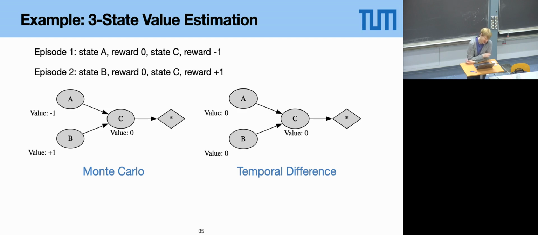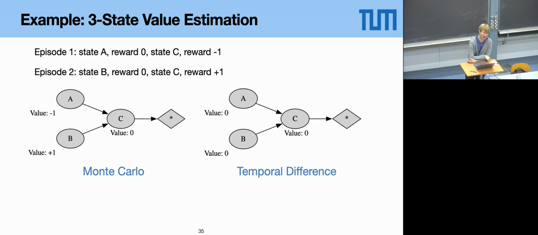So, as we talked about earlier, temporal difference learning is based on the Bellman equation. So we compute the value of state A there as the value of the next state plus the reward in between. The value of the next state of state A is the value of state C, that is 0, and the reward in between was 0. So here the value is 0. And same thing for state B. Here in temporal difference learning, again, we compute it as the value of the next state, which is 0, plus the reward in between, which is 0. So the value of state B would be 0.